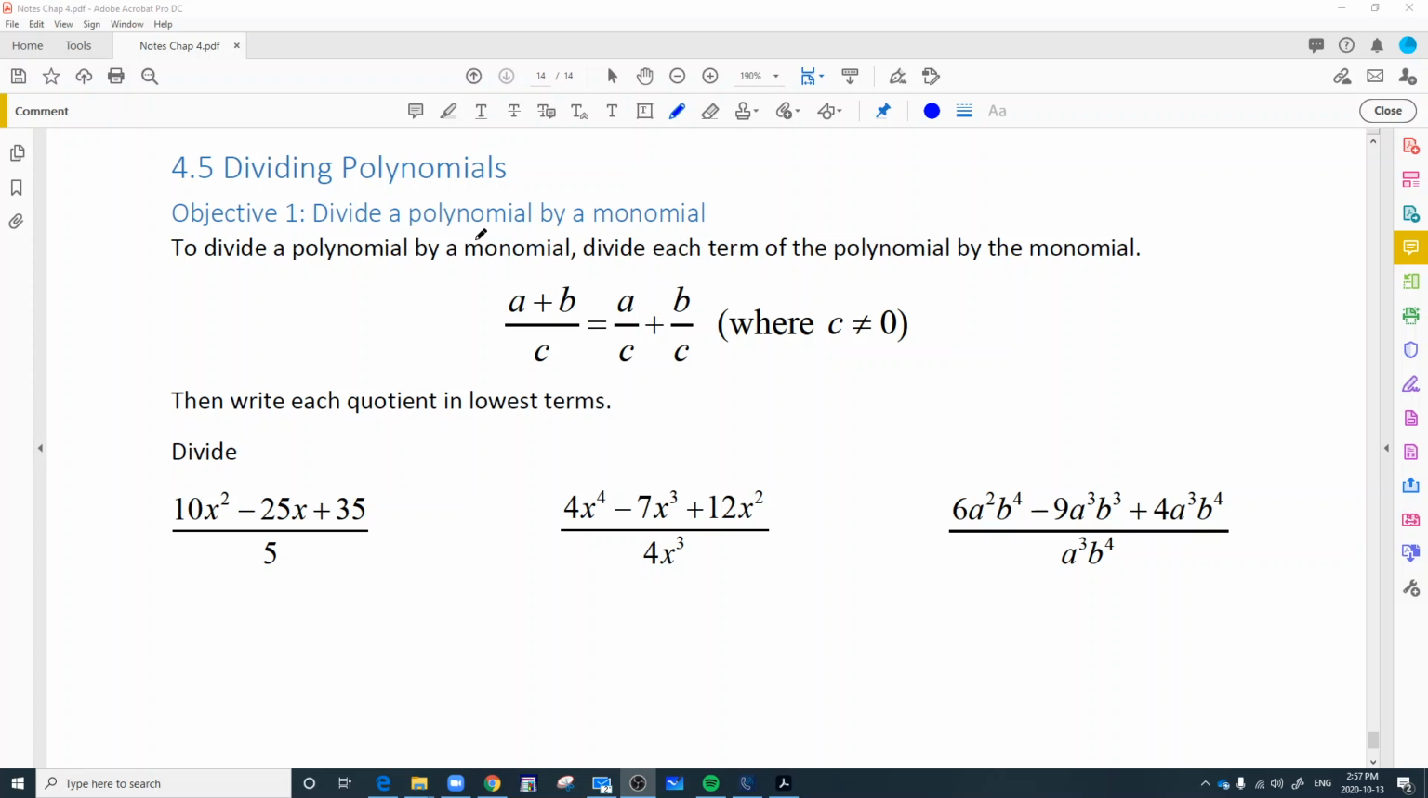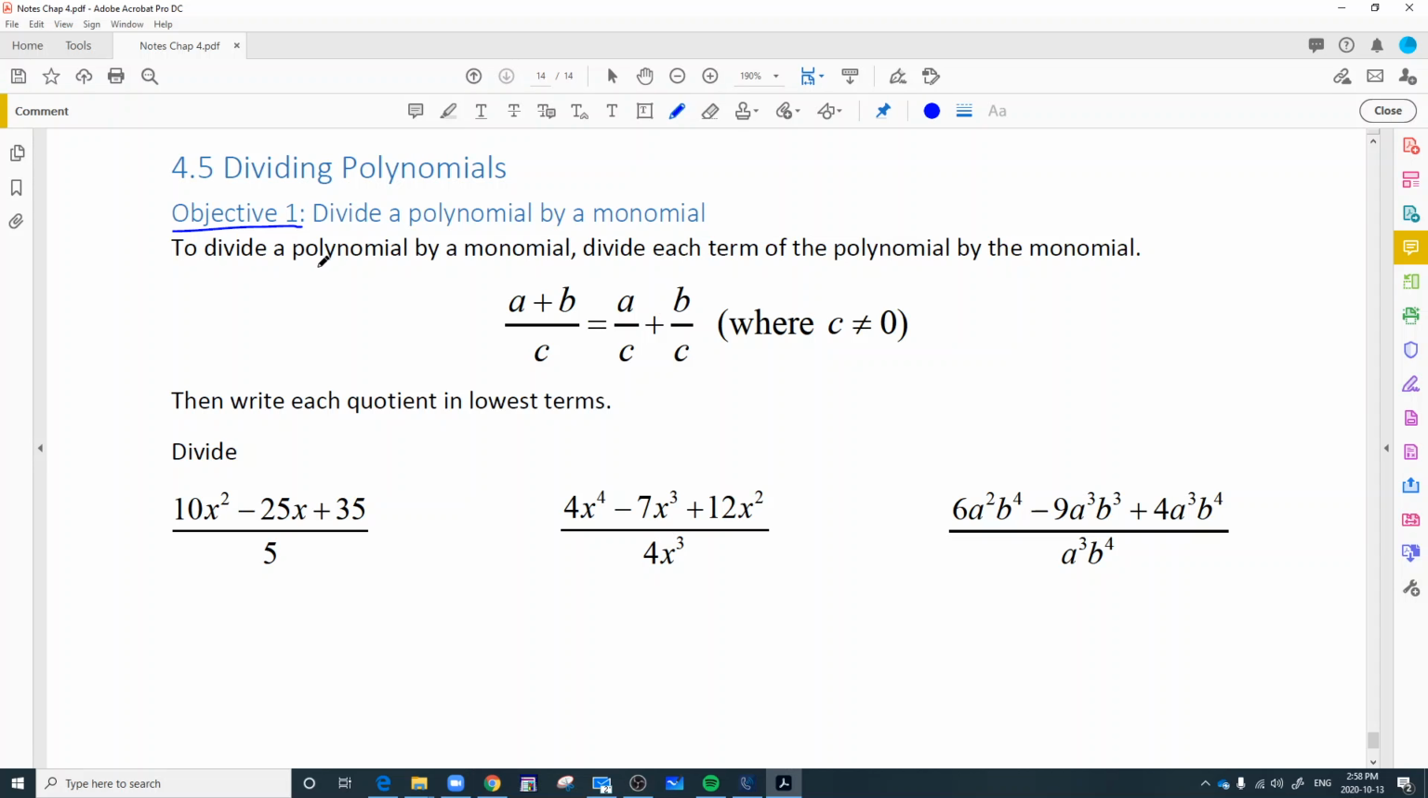So this last objective of chapter 4, or the last section of chapter 4, is 4.5. We are only going to do objective 1. Objective 2 is a great objective to do if you are moving on to Math 60, although we do teach it there. But you're going to notice that when you go to do the assignment for this chapter, there is